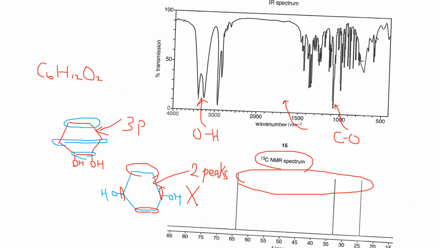But for the earlier one, there are 3 NMR peaks, and the area ratio is 2 to 2 to 2, which is consistent with this spectrum. So I think this compound C should be this molecule, this structure. So how do we name this molecule? We should call it hexane